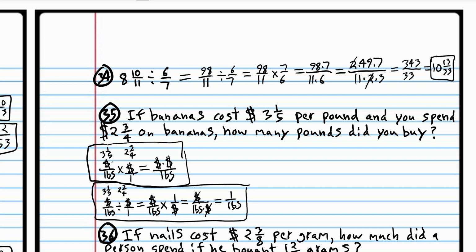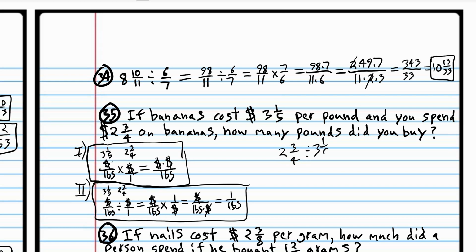So we tried attempt 1, Roman numeral 1, and Roman numeral 2 for attempt 2. So obviously the next one's going to be correct. So what do we do here? Well, we just divided in the wrong order. So instead of dividing 3 1/5 by 2 3/4, we have to flip it around, and we have to do 2 3/4 divided by